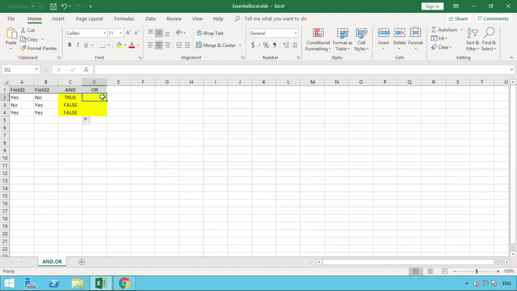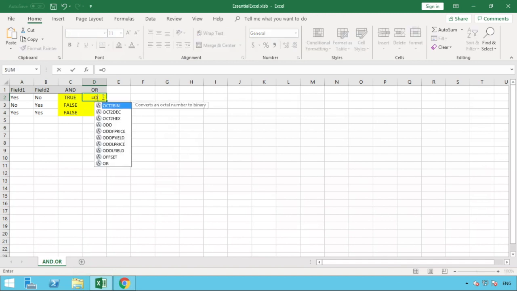The OR formula works exactly the same way, but rather than both of the logical tests within the AND statement needing to be correct, OR works on the basis that as long as one of those is correct, it will give a true result. So let's demonstrate that. If we go equals OR and open our brackets,